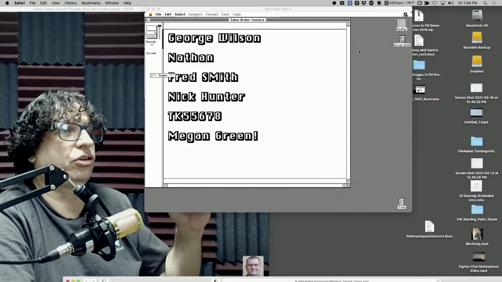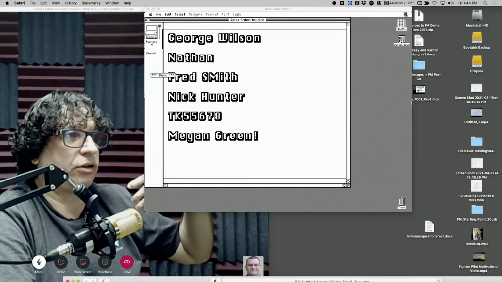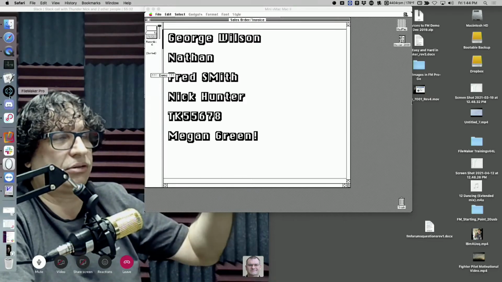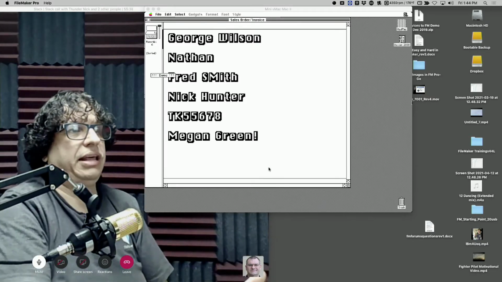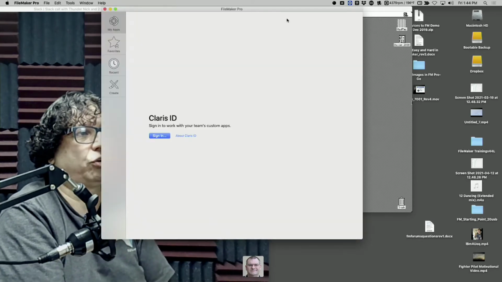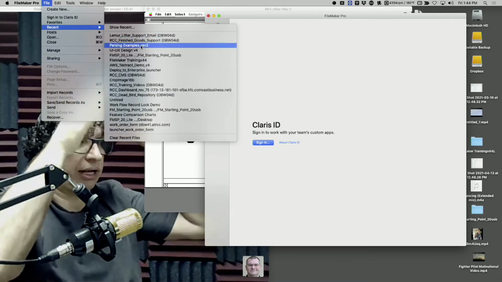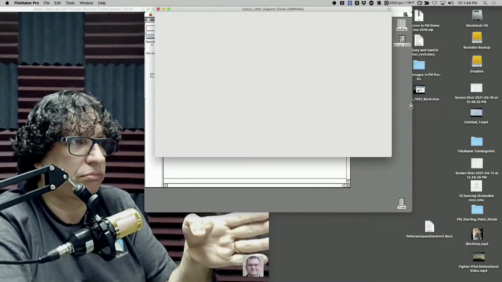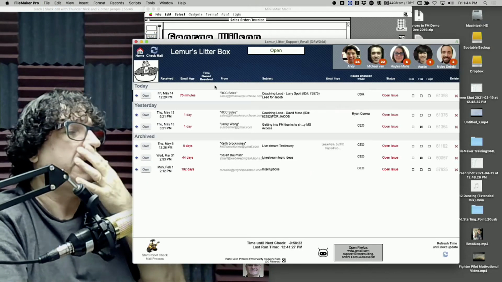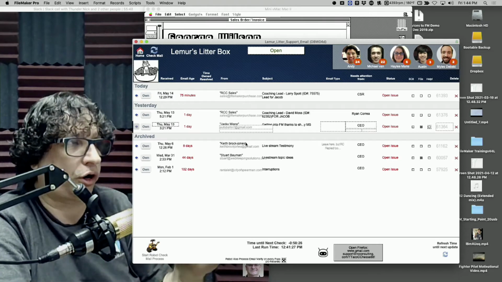So to convey the idea that the software is compatible, they started naming FileMaker 2 with the 2i, right? Like Mac 2, FileMaker 2. And then they started naming FileMaker 4.